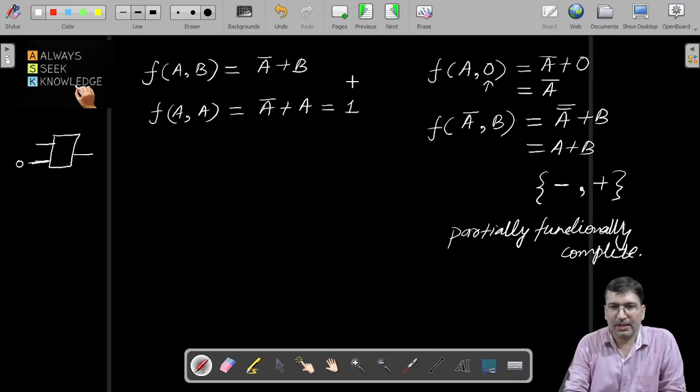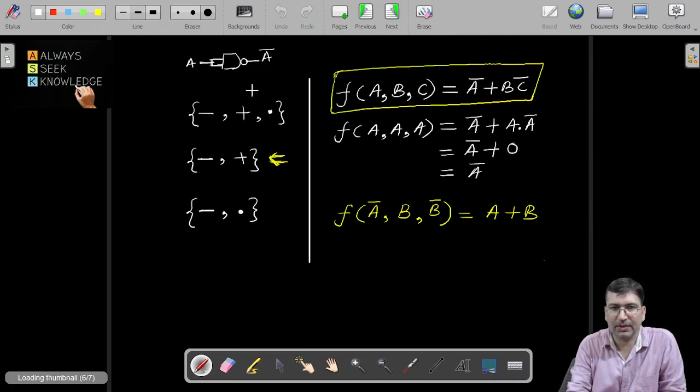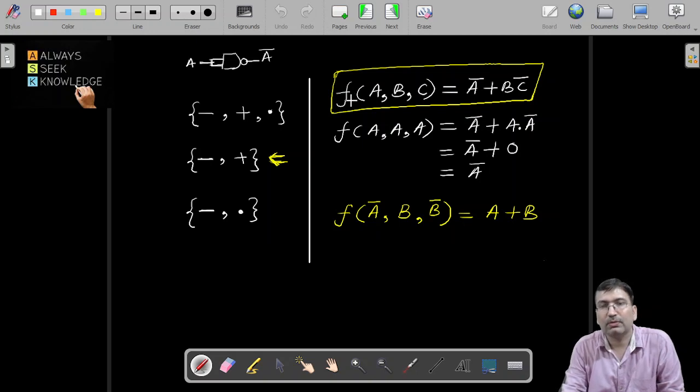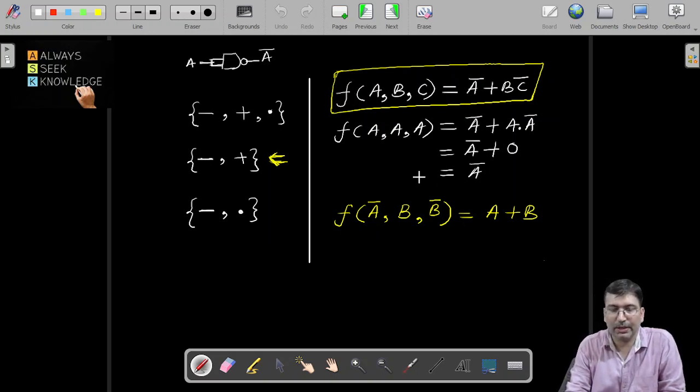So this is partially functionally complete, and the previous function was fully functionally complete, right? In order to get the complement, we need not pass any of the inputs either as 0 or 1,